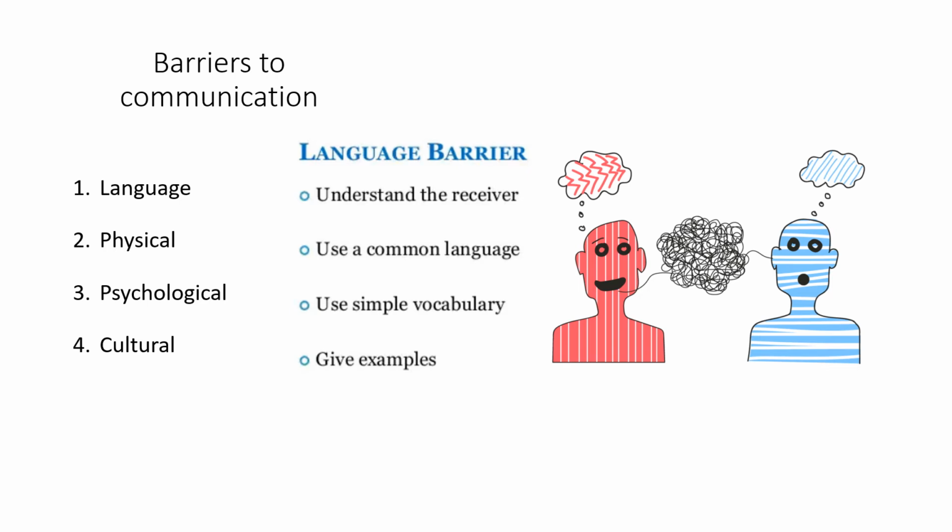Like in the image, the sender is using pink color but the receiver understands only blue color. So the communication is a whole mixture of a mess and there will be no proper establishment of transfer of knowledge from the pink one to the blue one. The vocabulary should be simple and you should use examples because examples are a very good means of creating facts or making the understanding very easy.